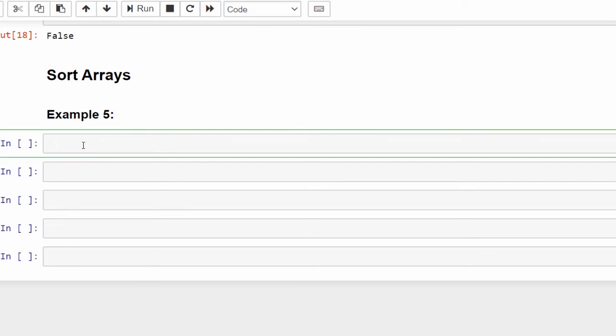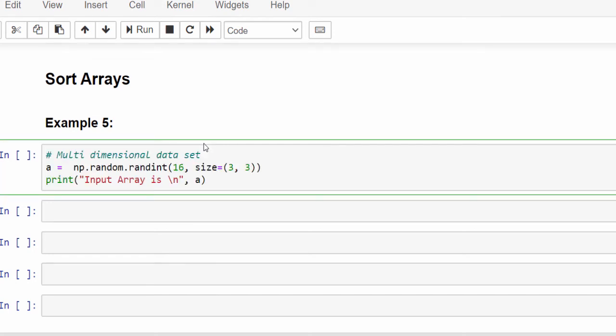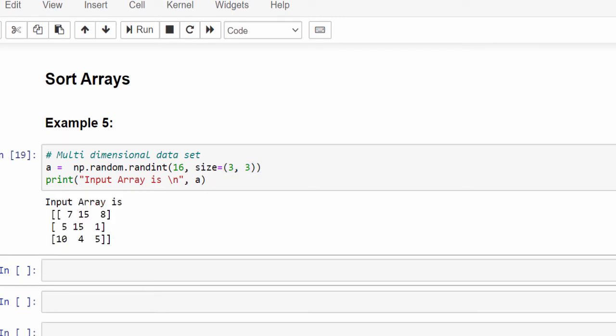Now the next topic is how to sort the array. This particular functionality is also very important, especially during data cleaning. We use it to sort the values as per our requirement. So I'm creating a multi-dimensional array using random functionality till value 16 and its size is 3 cross 3, 3 rows, 3 columns.